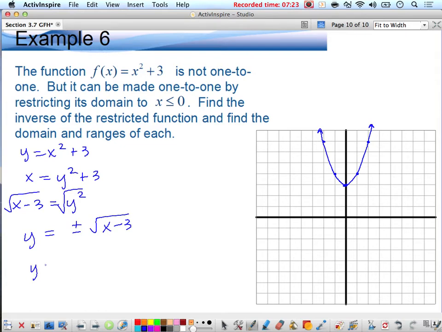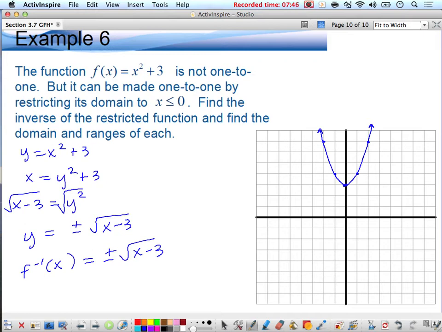So the inverse of that function is equal to plus or minus square root of x minus 3. Are we all okay with that? Yeah. All right. Now, for some reason, and it doesn't really matter so much for us, but